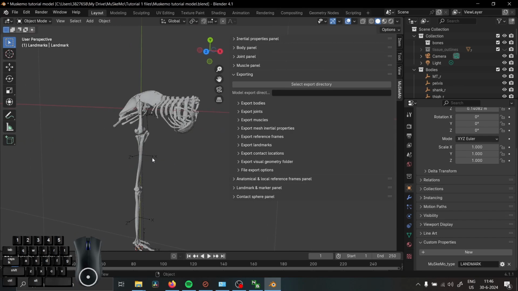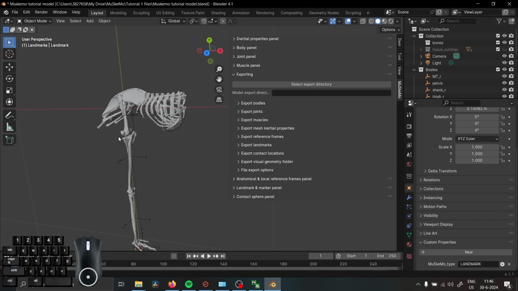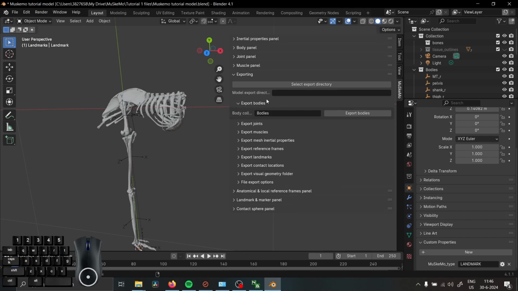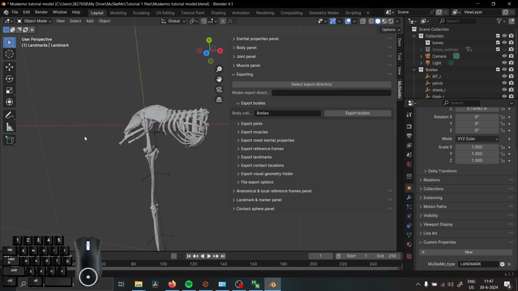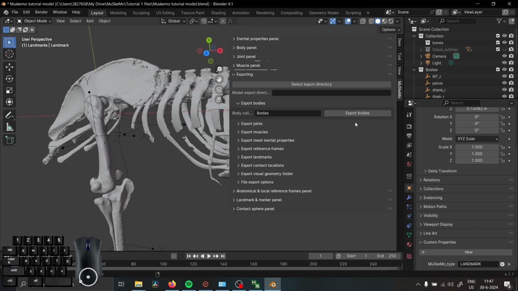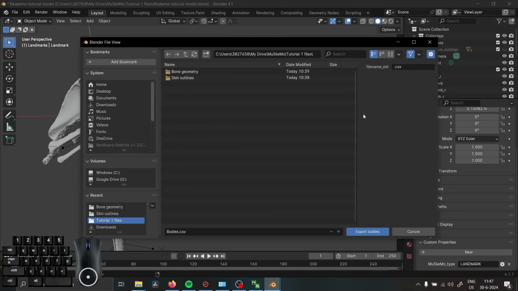So I'm not going to go over this for all of them, but let's say I want to export my bodies. I'll press export bodies, and it's essentially as simple as that. It immediately opens the folder location in which you started, where you have saved your blend file. If I want it to be somewhere else, I simply select a new folder and press give it a name, for instance,